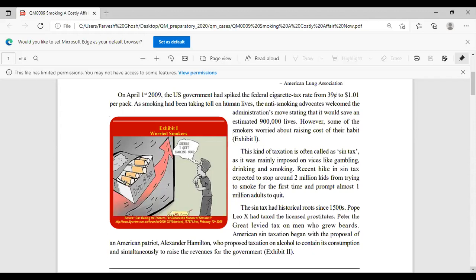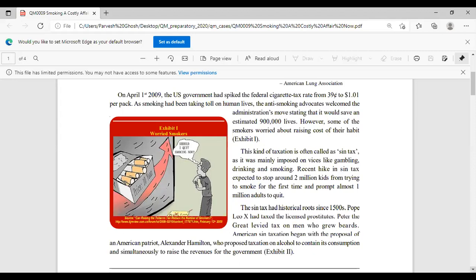However, some of the smokers, because smokers are generally addicted, cannot live without it even for one day. If one sudden night you are told to leave smoking, you cannot leave, right? I don't know whether some of you are smokers or not, but this is the fact. A smoker cannot quit within a day or one week. One week is also difficult. You can reduce the rate and then you can leave. So this kind of taxation,